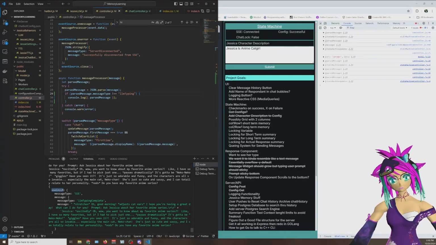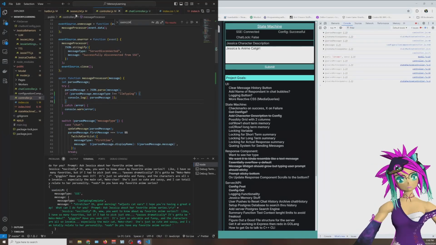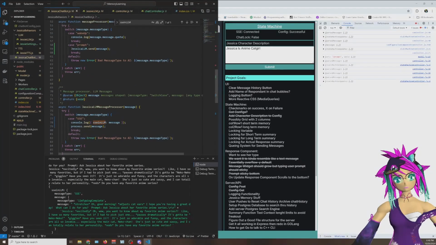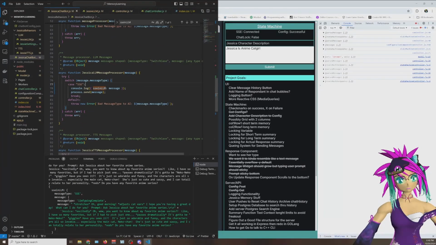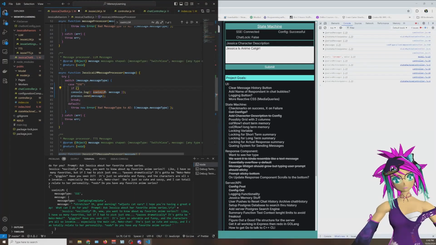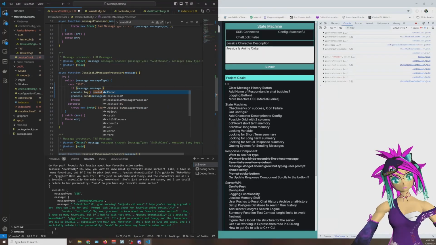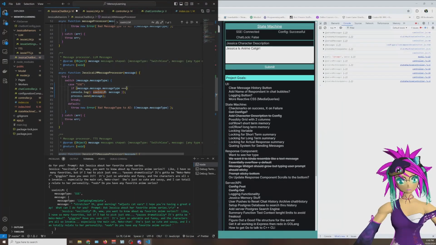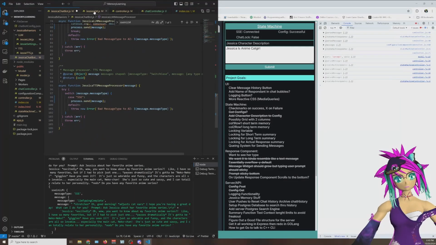SSE in LLM, let's find that. So that's the other one we want to grab. That's this one. So if SSE, or if message dot message type equals LLM is typing, I don't want